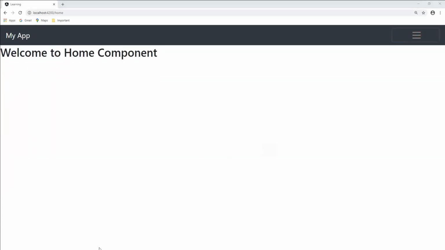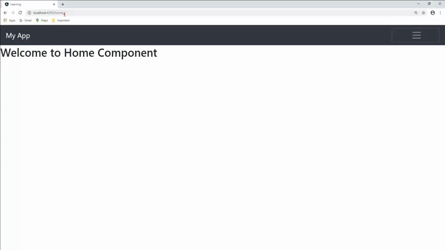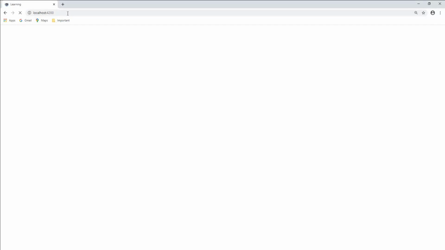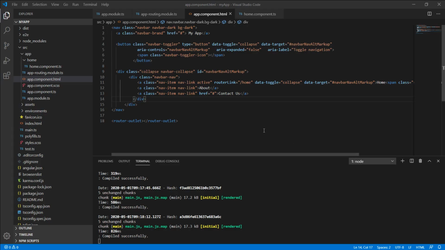So we need to add one more piece of code here. To close that part, we just need to have this syntax in our section. Okay, build, boom. Now if I remove this and open this, it works. Similarly we can do it for the other two as well, for about and contact us.